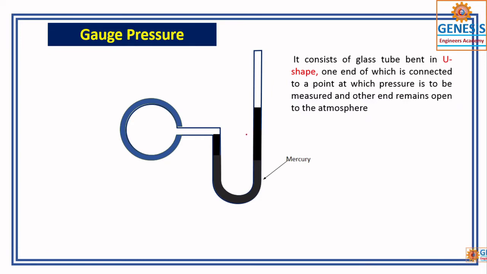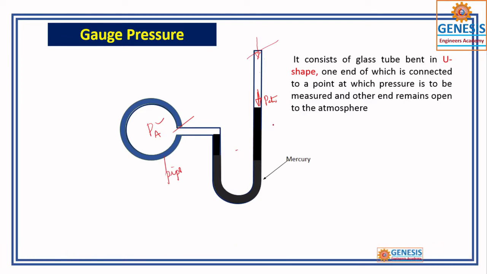Okay, so now, this part is just like a U, which is why it is called a U-tube. Like a piezometer, one end is connected to the pipe and the other is open to atmospheric pressure. So the pressure acting on this mercury is atmospheric. Now you are going to measure the pressure inside the pipe. So this is the pipe and this is the U-tube manometer.